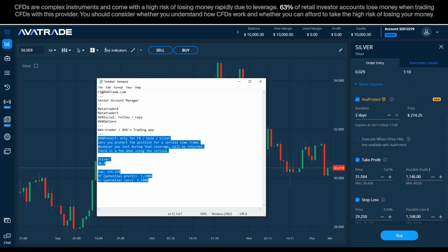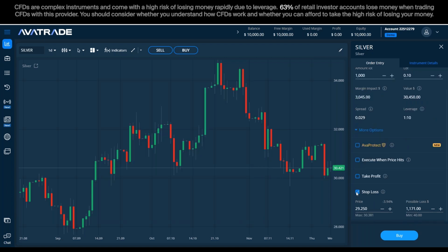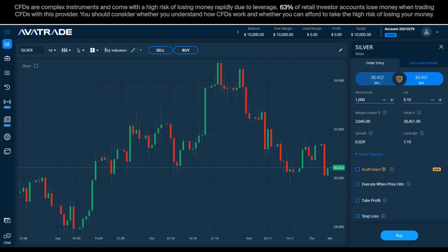Okay, let's carry on. So beside AVA Protect, to the left, as you probably notice, we have some very interesting icons here at the bottom. If I go from the top, here I can find my personal information. Underneath, we have trade, which is where we are right now. In here, the positions. In here, the orders. So this is for pending orders.